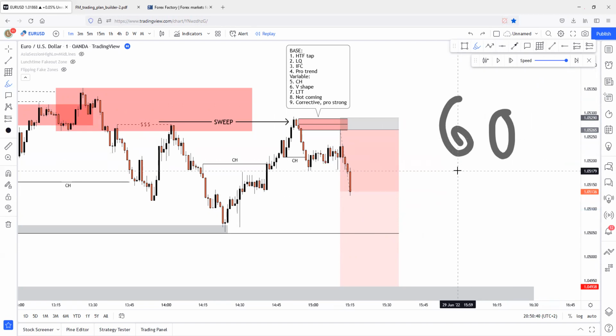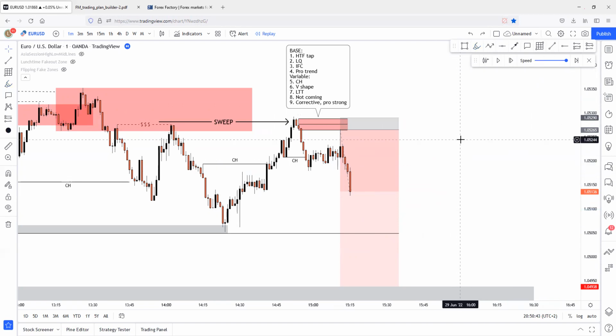But, you know, you have to gather data about these entry models and you have to train your eyes for these, because you won't just see these entry models every day. These are happening and being formed like 2 or 3 times a week, or 1 or 2 times a week. But if these are on your screen, you will execute these flawlessly without hesitating. And these will play out perfectly 90% of the times.